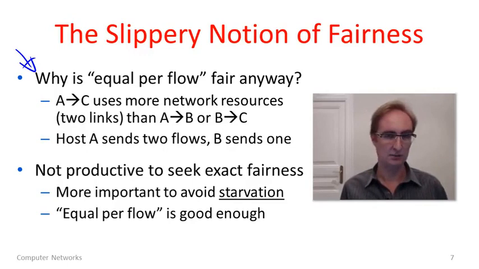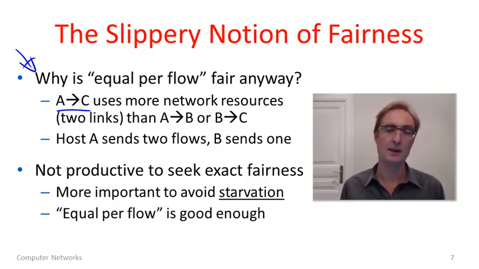For instance, really the reason that there was a difference in our allocations between the first fair one and the next efficient one is that this flow, AC, went through two links, so it was using more of the network resources than the other flows. Why should we give it the same amount of bandwidth then? Maybe since it's using more network resources, it should be penalized more, and we should give it a third of a unit and give the other flows 2/3 of a unit, because then everyone will be using the same sort of amount of packet hops or something across links. So that's one consideration for fairness.